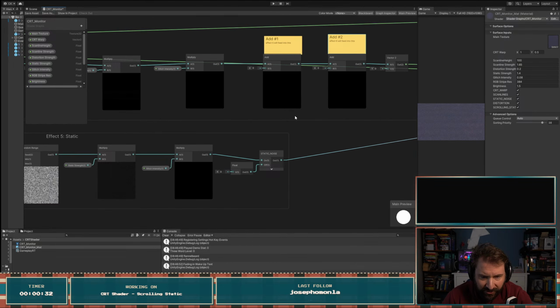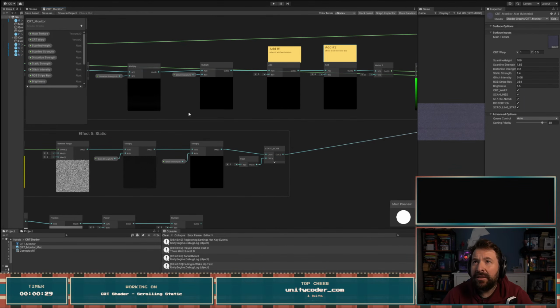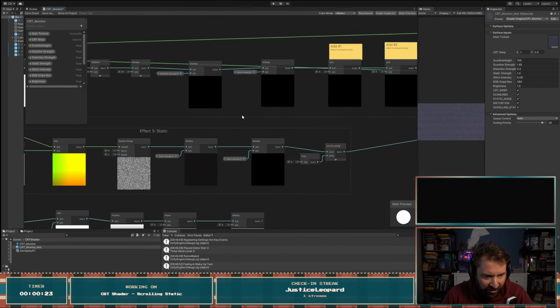Gotcha. So I want to, for the static, after you build the random range chain,